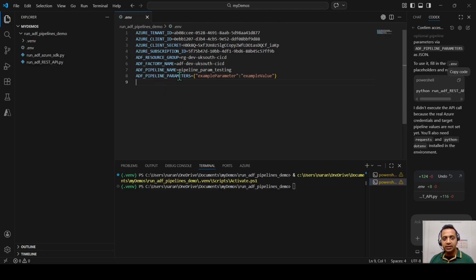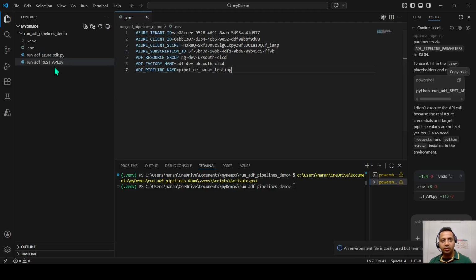Now Codex has actually added a parameter as well within this environment file, which is not something I want. I want us to be able to provide the parameter at runtime. So let's remove this